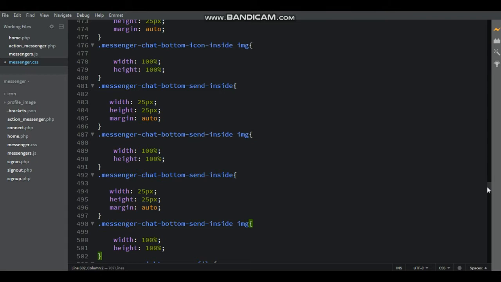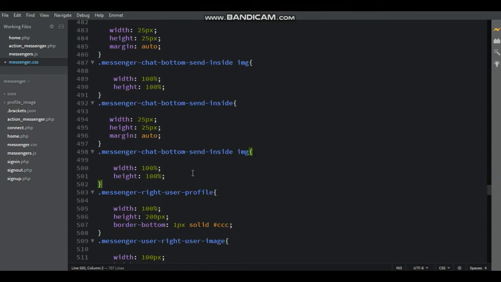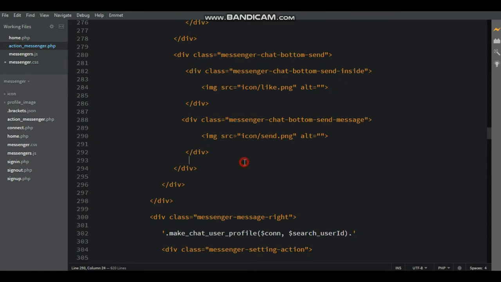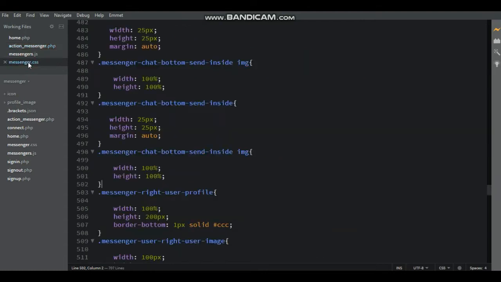Now paste below that and change the class name. Here class name is messenger chat bottom send messages. And then paste it. Here width is 25px, height also 25px, margin auto, and then inside image width 100%.